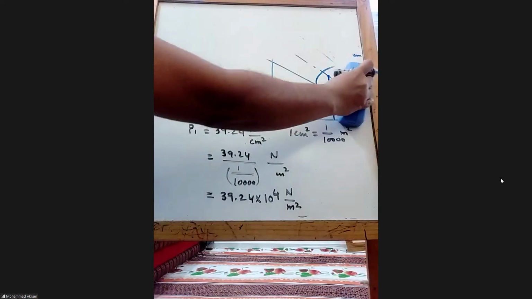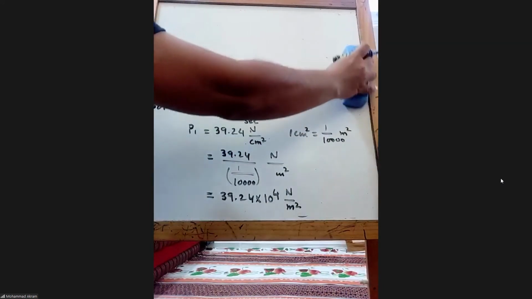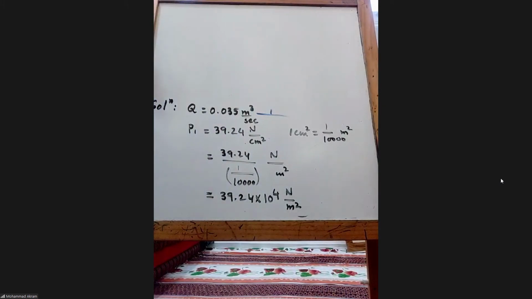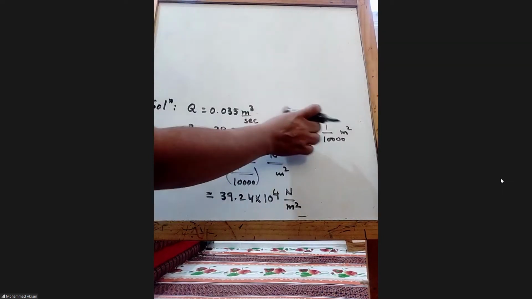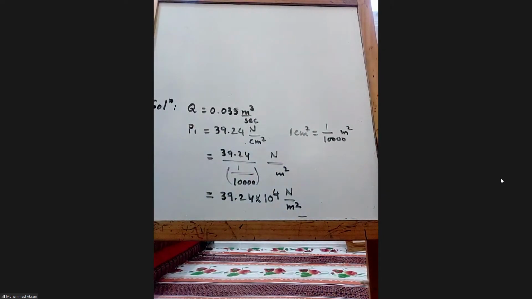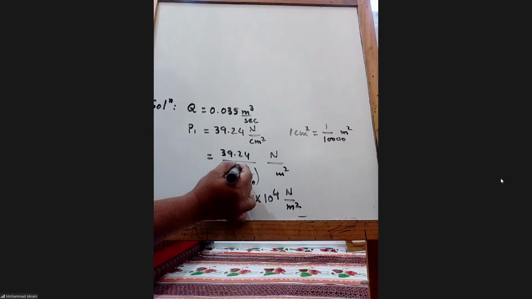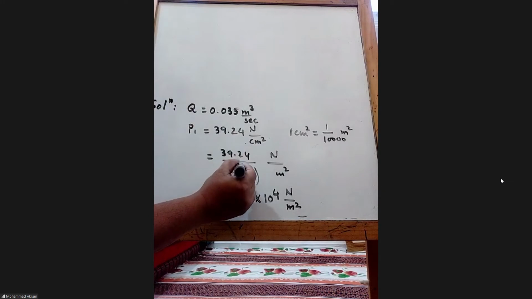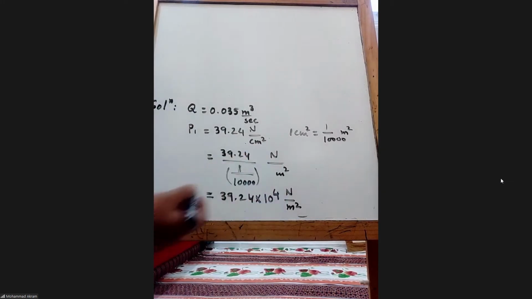The pressure, why do we multiply it by 10 to the power 4? 10,000 means 10 raised to 4, right? Not minus 4, that would be 1 divided by. I mean the power, not minus. Why is it minus? If it is multiplied, it will increase. If we are dividing by 10 raised to 4, then it will be minus.